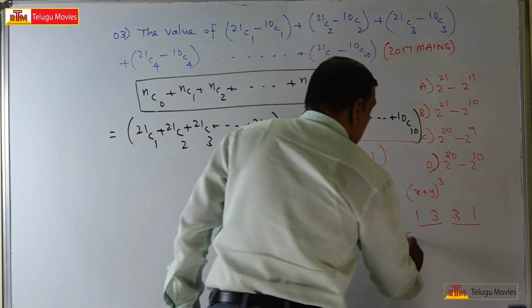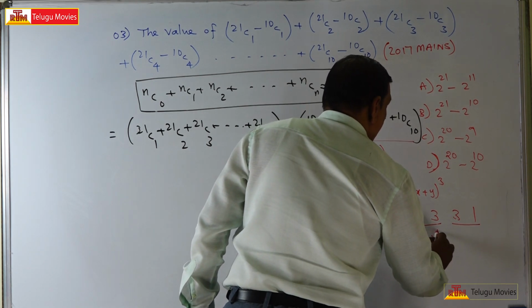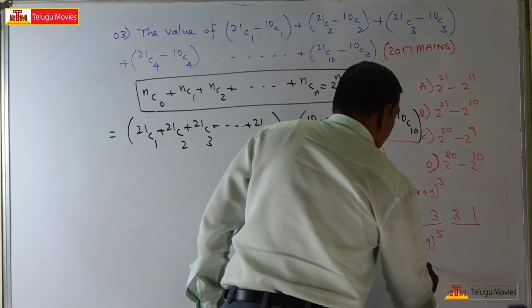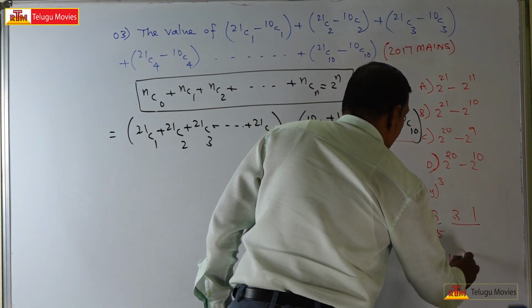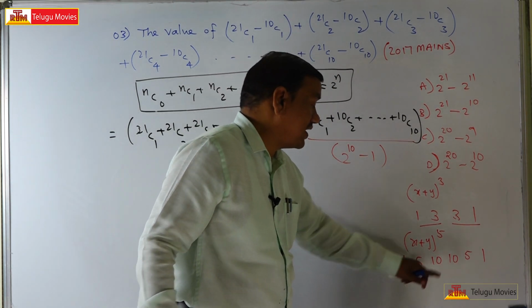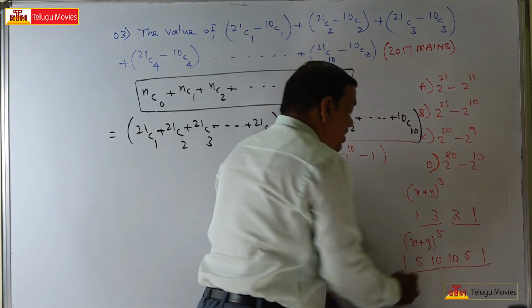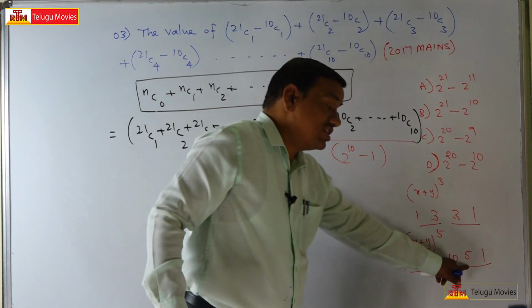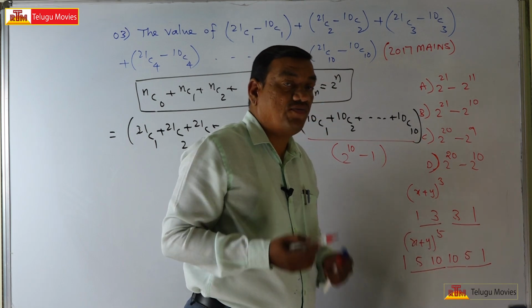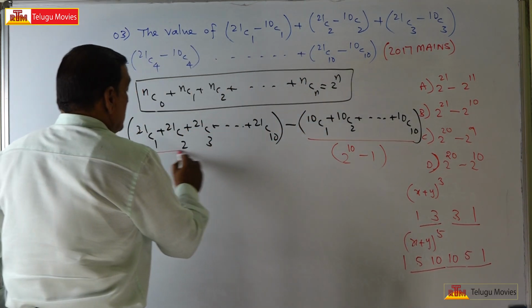Like that, x plus y whole power 5 also. What are the binomial coefficients? 1, 5, 10, 10, 5, 1. So these are the binomial coefficients. Observe, the sum of the first 3 binomial coefficients is 16. The sum of the next 3 binomial coefficients is also 16. So from this what you say, whatever may be the sum,